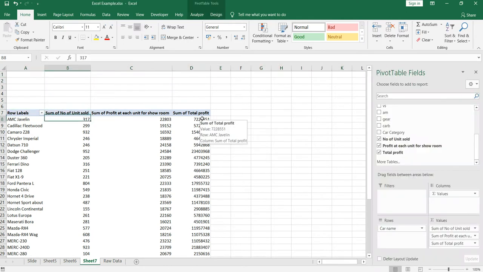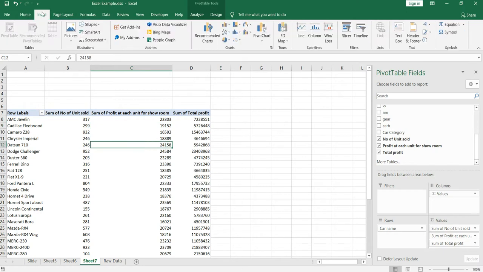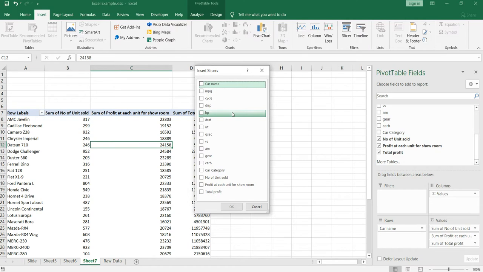Okay, now in order to provide slicers, first you need to click on any cell within the pivot table, then go to Insert, okay, then click on Slicer. You will get the entire list of columns which you had in your data set. You can select any number of columns which you want. I'll select MPG, HP and car category.